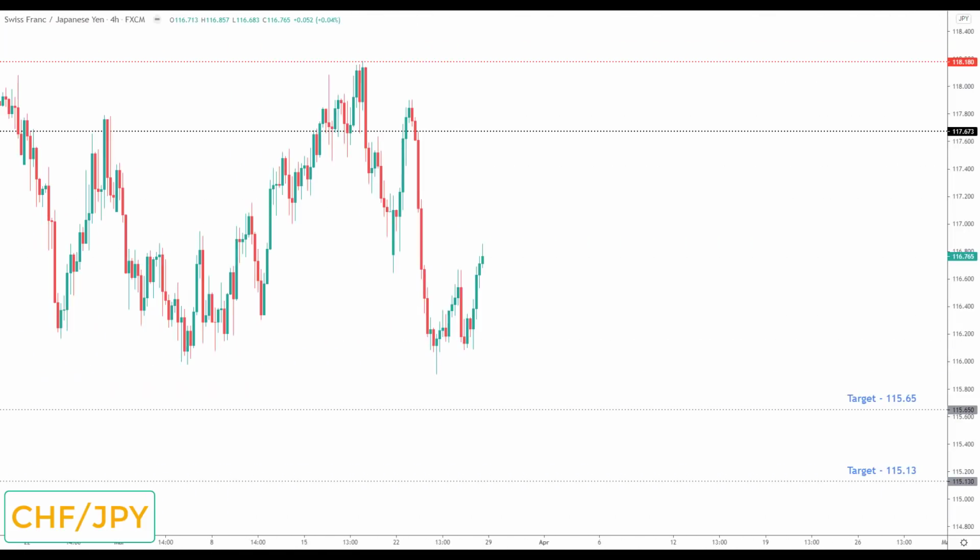Next is Franc Yen. Now, for everybody who follows the forecast, you will know that this has been my least favorite pair over the last month or so. And that is because the Franc and the Yen are quite weak currencies, and that means the market is likely to be choppy. If you go and pull up a chart of Franc Yen, you'll see just how choppy this market has been. And it's been a very good idea not to be allocating capital in this market, but instead putting it into other markets where we can get more explosive moves.